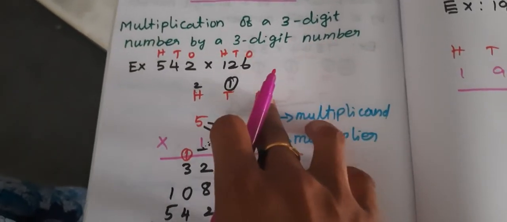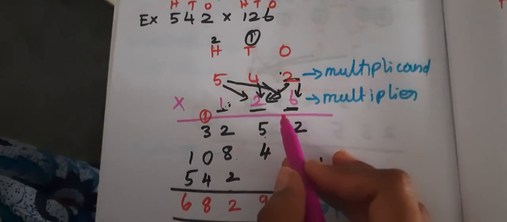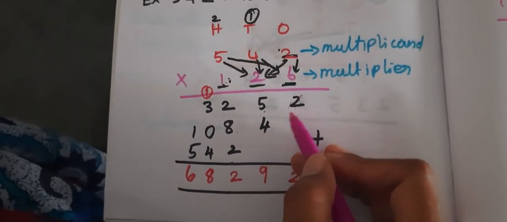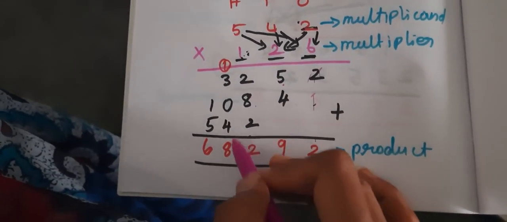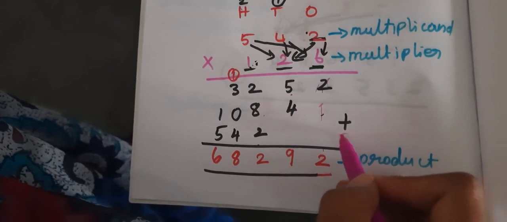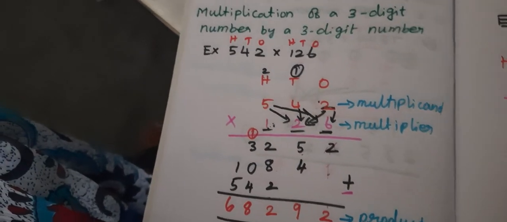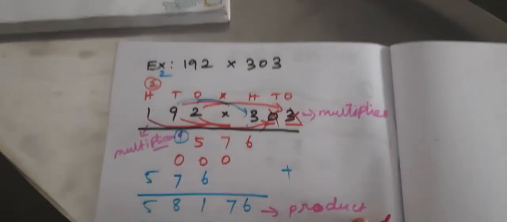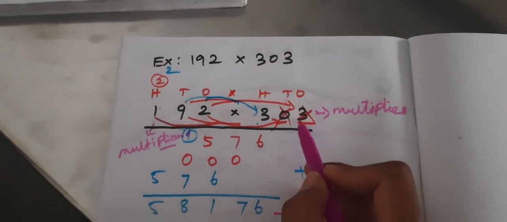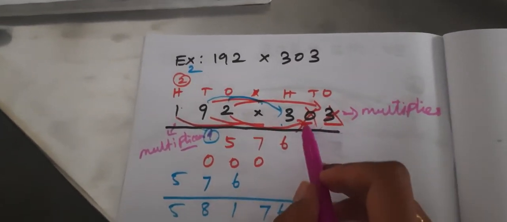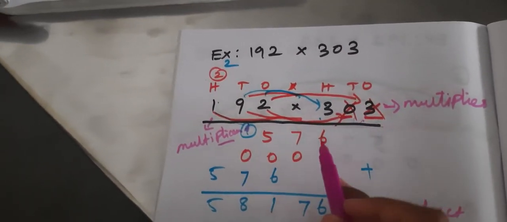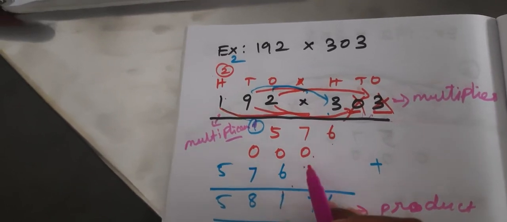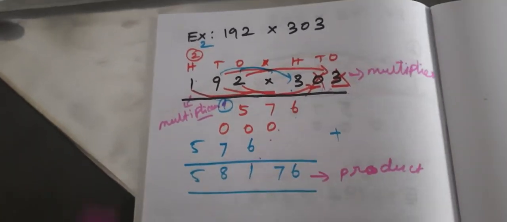Next is the 3 digit by 3 digit number. Okay, so there you have to see. First you have to move to the second digit, means skip the places. Third digit means again you have to skip the places. Here you have to use the addition process. Any doubts? So this is the horizontal way. Once you have completed one, strike it out and move to the next one. While you move to the next one, you have to skip the places also. Do you have any doubts? Thank you.